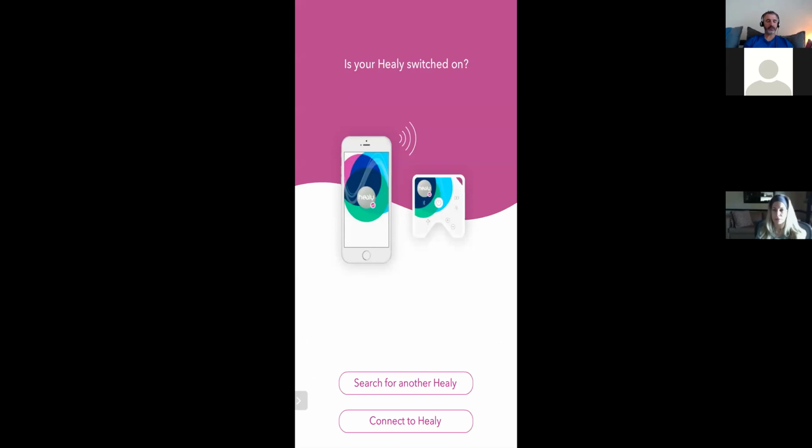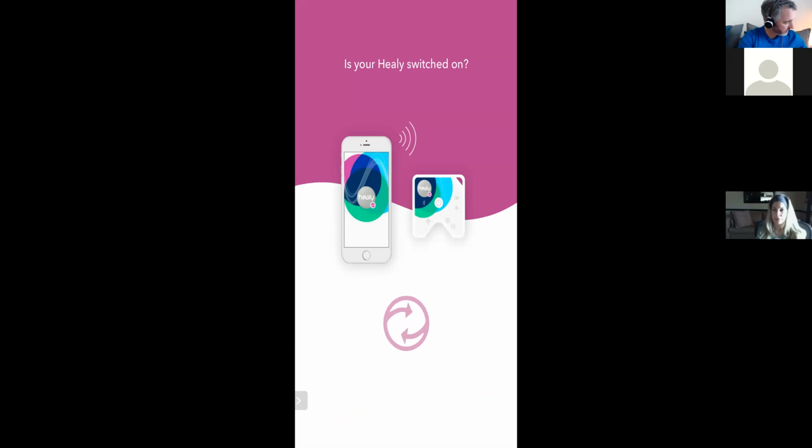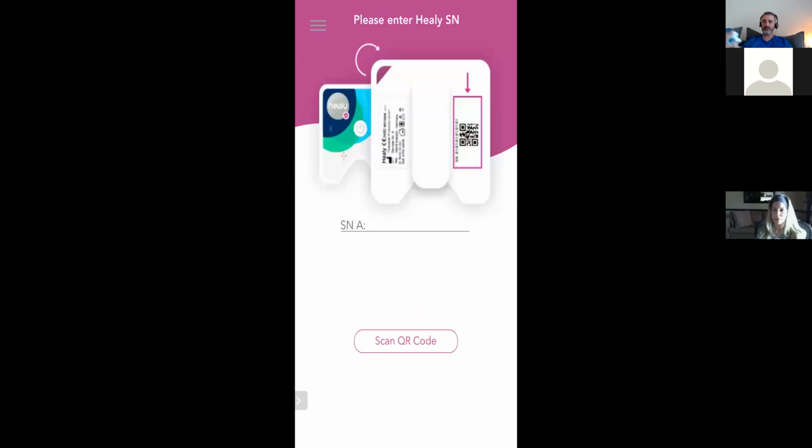Typically I search for another Healy, and then I would run the scan on it. For example, I have one of my dad's Healys that needs to be warrantied because the plug on it broke, right? So if I did that, there's the code on the back, okay?